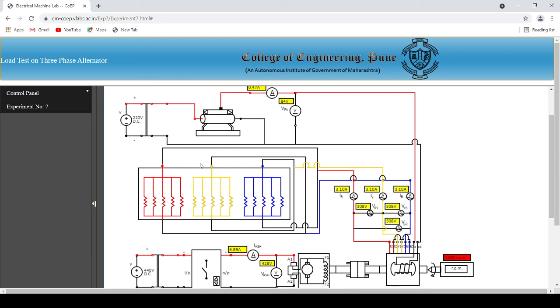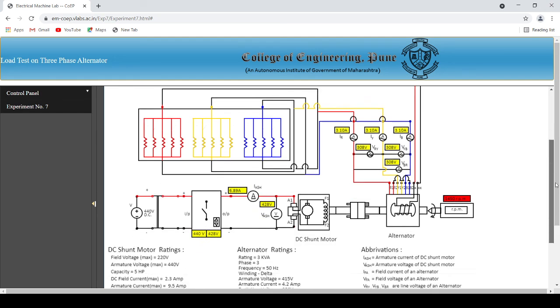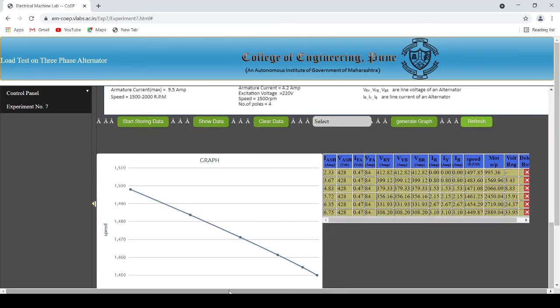When the rotor rotates at a constant speed, the three coils will sequentially cut the magnetic lines of force, which will induce an AC electromotive force. That's why we obtain graphs like this, and through the simulation we can also conclude that on increasing every load, the speed decreases slowly and steadily.